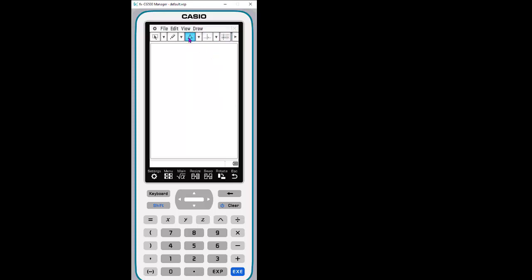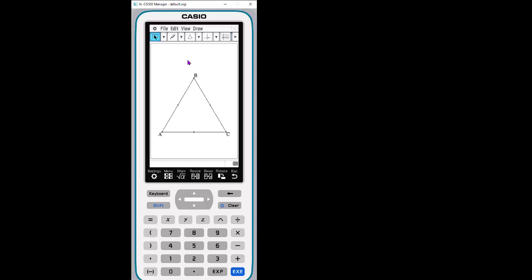Once the tool is selected, it's highlighted here in blue. If I click into the screen with my finger, mouse, or stylus, depending on what I'm working in, it creates an equilateral triangle right away for me. As a teacher, this might be what you want. You want them to get right in, everybody make an equilateral triangle. Now let's explore what that means. Let's measure angles, let's measure sides, and do some comparison.